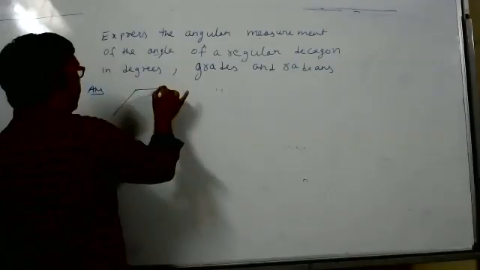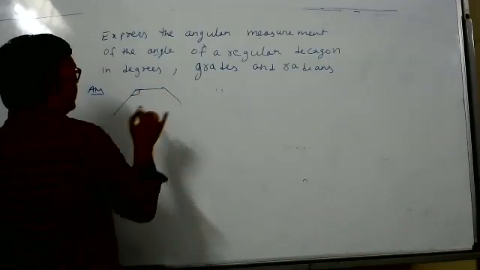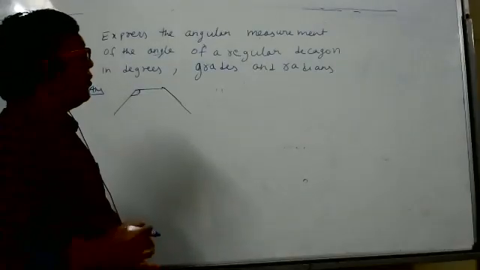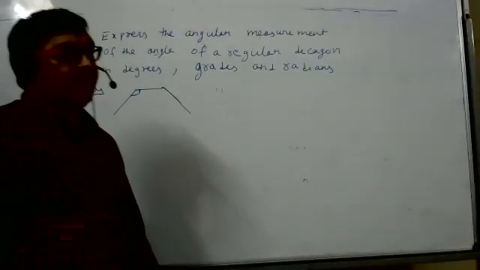I think they are asking this angle, no? Or are they asking the central angle? Yeah, they are asking the other angle, the vertex angle. So how do I calculate? In this question I forgot to ask, no problem, it happens. Read the sum. They are not asking the central angle.